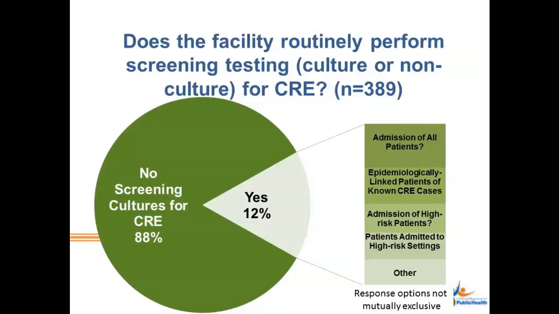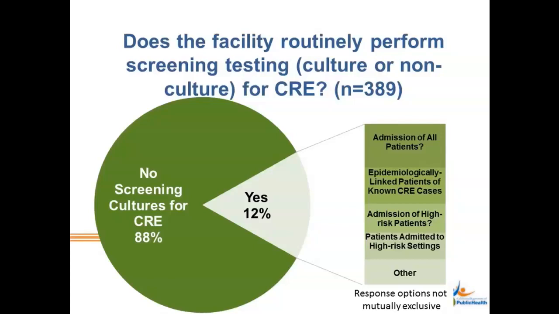So 88%, the vast majority, mentioned doing no screening cultures for CRE. Among the 12% that do, they were able to check multiple answers here, but some did admission screening of all patients, some only when there were what we call epidemiologically linked patients of known CRE cases. That would be, maybe, a roommate of someone who you just identified as having a CRE infection, so maybe we'll go ahead and screen their roommate, for example, for CRE as well